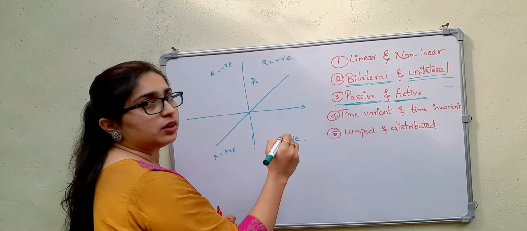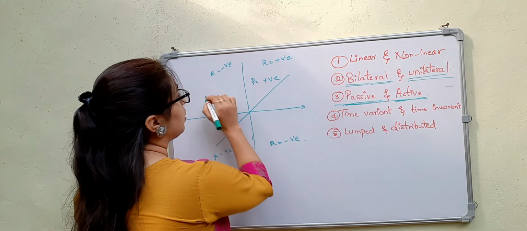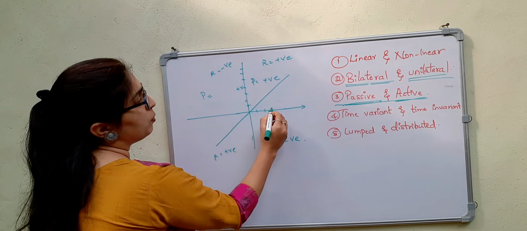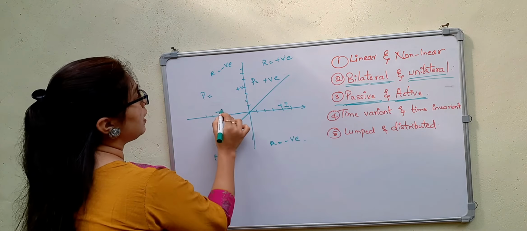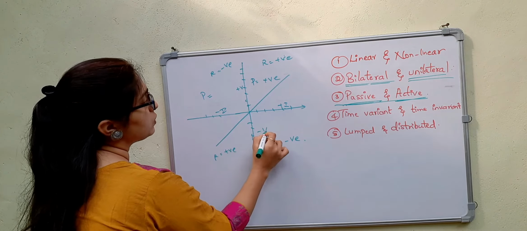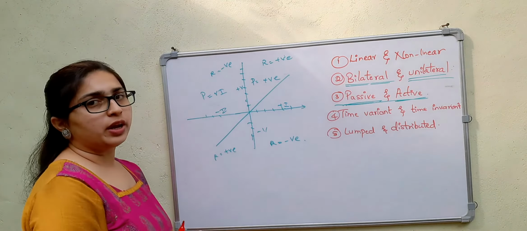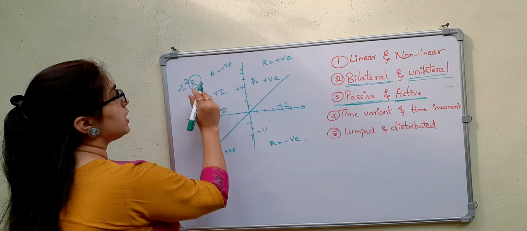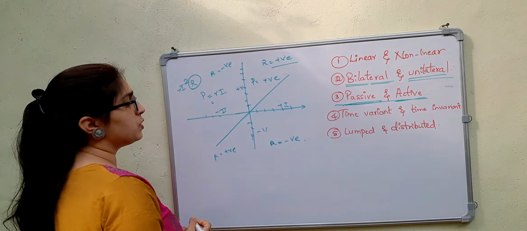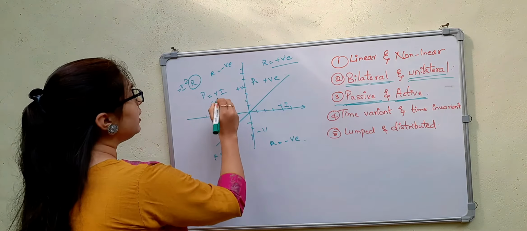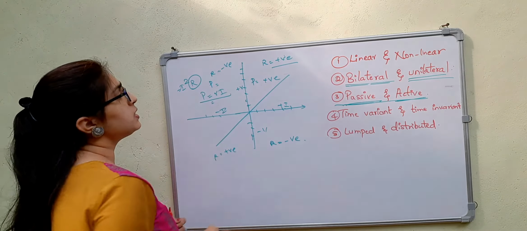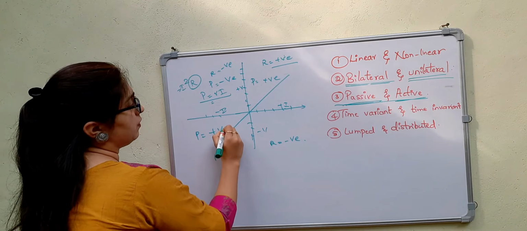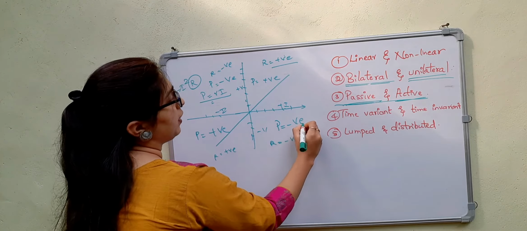Okay, so when it comes to passive and active, see here, power is equal to what? It's positive. Here we have positive values of voltage, positive values of current, here negative values of current, here we have negative values of voltage. You know P is equal to V into I, or it can also be written as I square R. So from this we can say, if R is positive, power is positive here. Then P is equal to V into I will be negative here, here again it is positive, here power is negative.